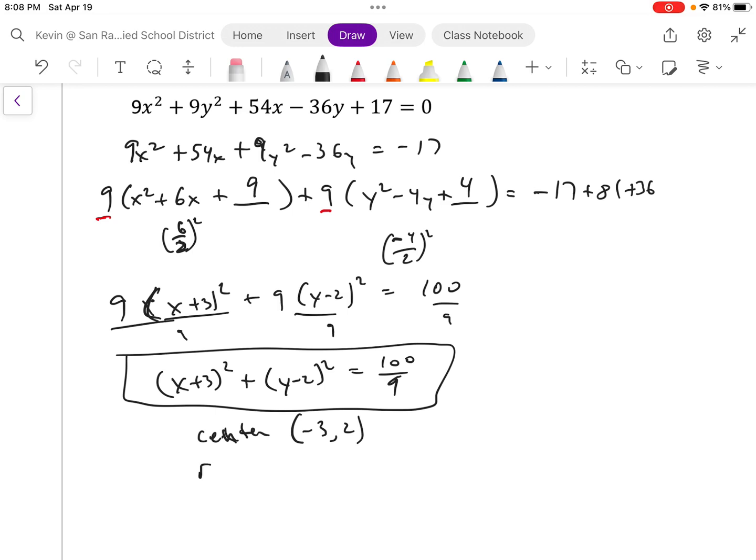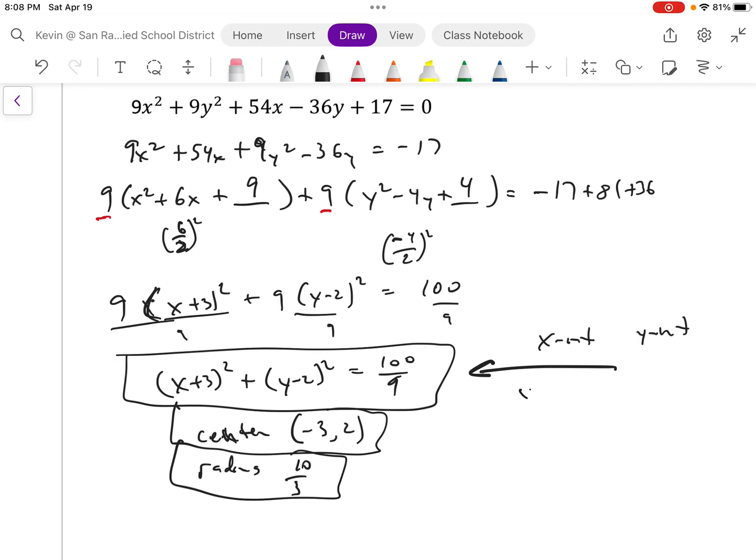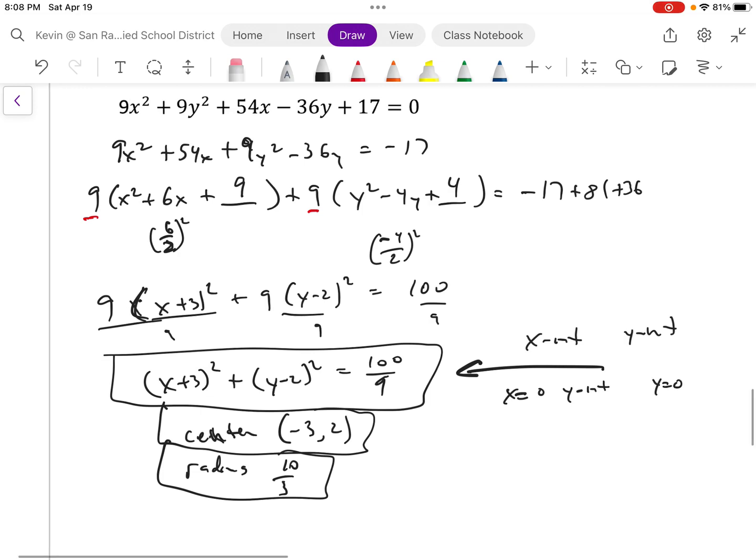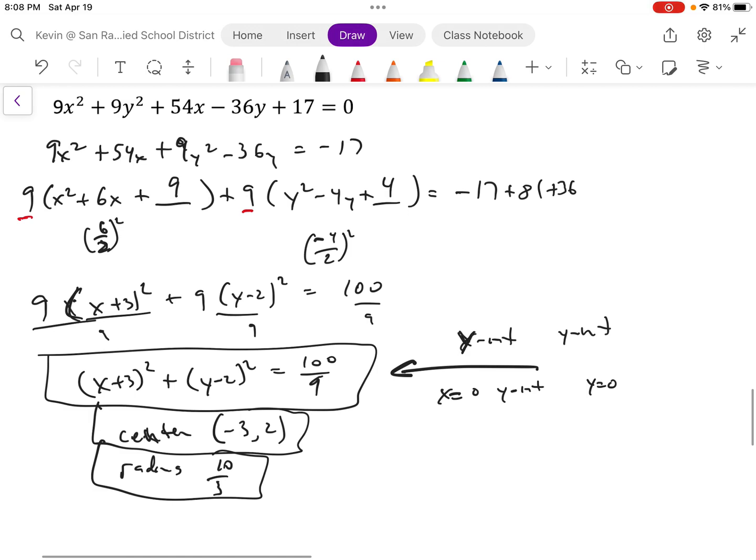That is the standard form. The center is going to be (negative 3, 2), and the radius is going to be 10 over 3. Okay, you can find the x-intercepts and the y-intercepts just using this equation here and plugging in, x equals 0 for the y-intercept and y equals